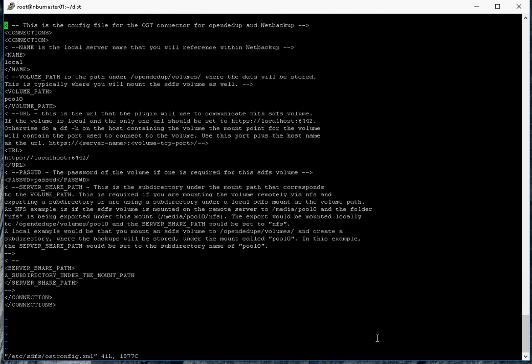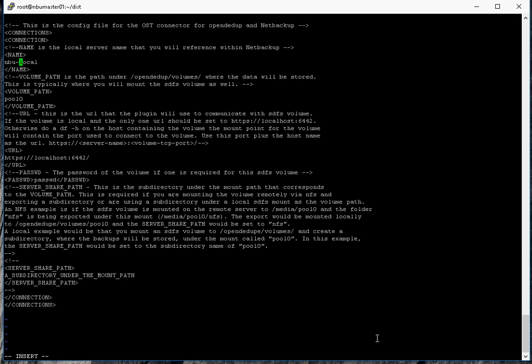And in here, we've added comments. We're going to call the name of the volume that it's connecting to, and this maps to the server name when you're setting it up. In NetBackup, we're going to call it